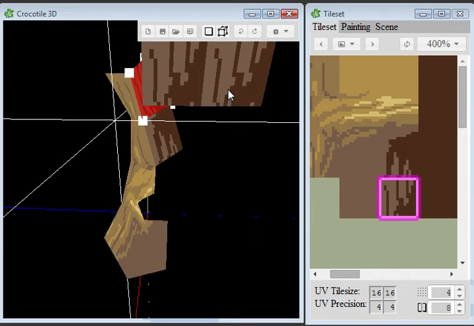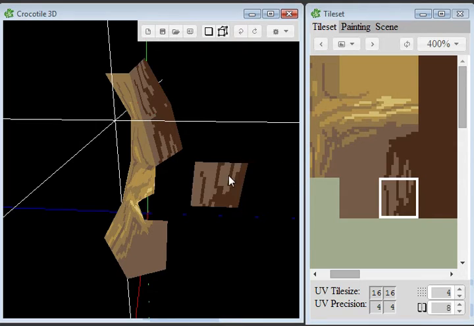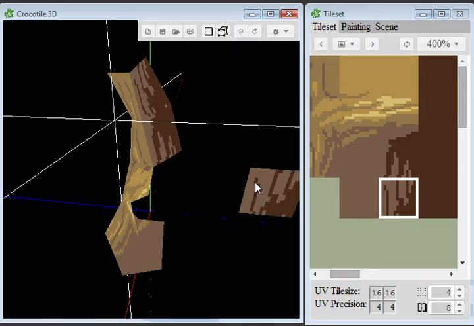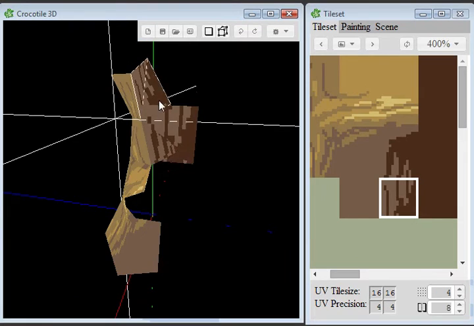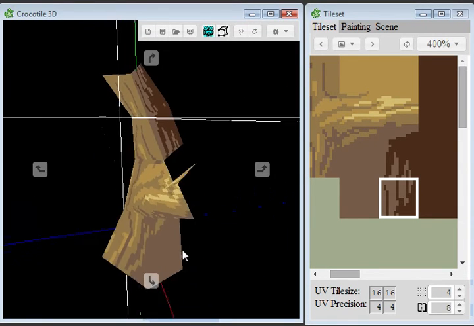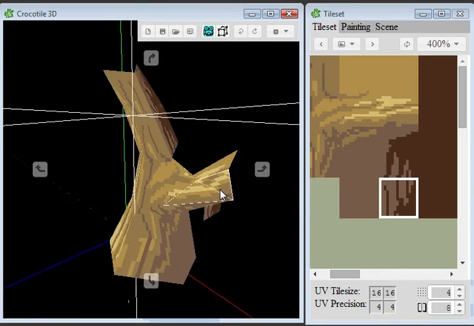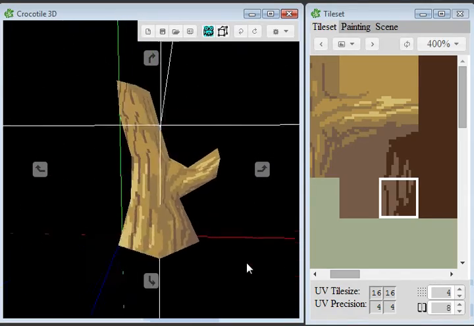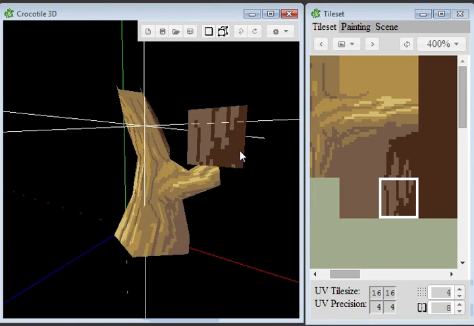There we go. Oh, what happened? There we go. I don't know, just a way to kind of smooth it out, I guess. Maybe you might not want it so dark there. I don't know, this is all for demonstration purposes. Maybe that gives you an idea as to how to make more organic shapes instead of just